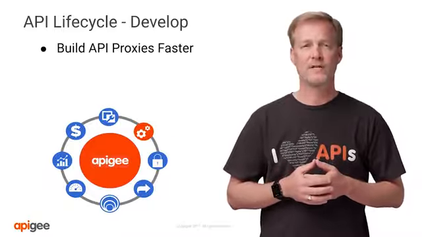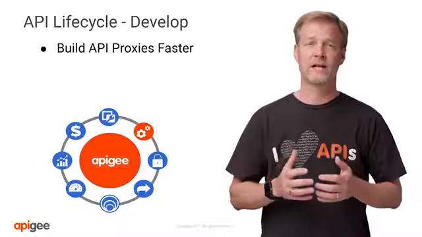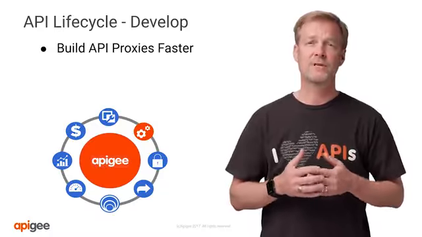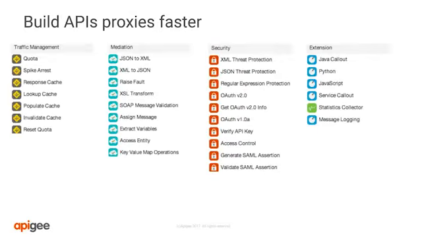In the develop phase, we help engineers create API proxies faster by providing a robust and comprehensive suite of pre-built proxies. With over 30 ready-to-use and configurable policies, with traffic management, you can manage interactions with API consumers and optimize performance with policies such as quotas and cache management. Mediation to transform, translate, and reformat data for easy consumption. Security to protect APIs and protect backend systems from attacks. And extension policies to expand with programming when needed and to collect statistics and log messages, all delivered out of the box for use by API engineers.